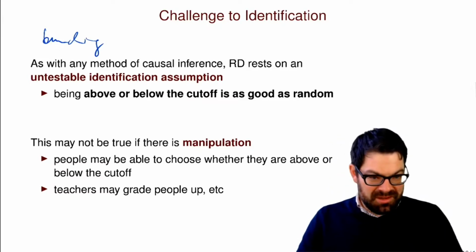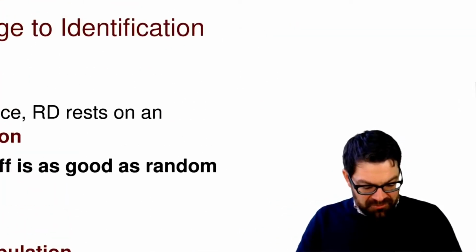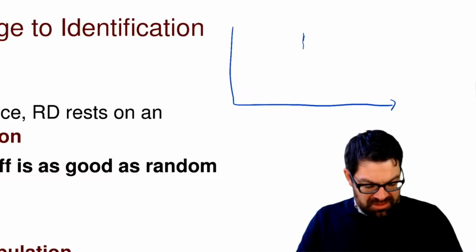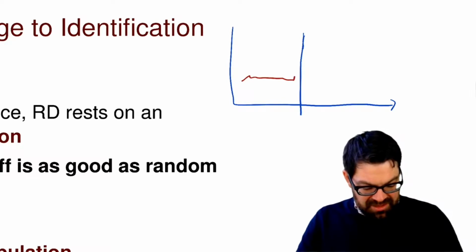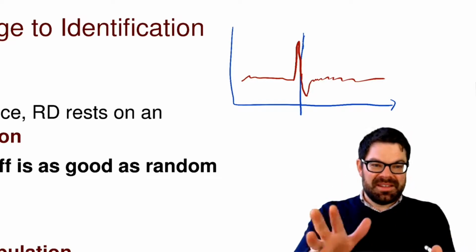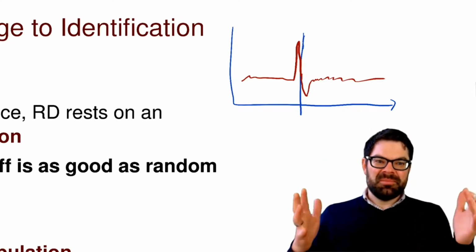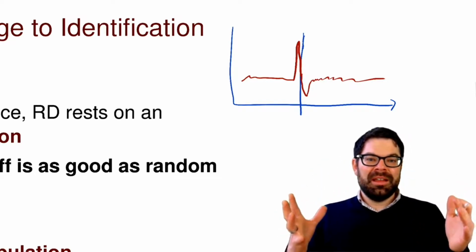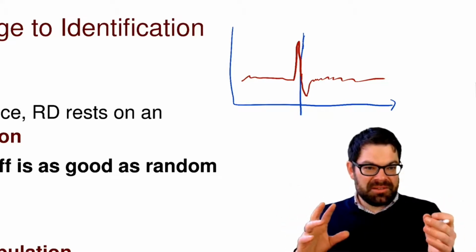So if you have a threshold here, and you plot out not the outcome, but let's say the density of observations at the threshold, and you see something like a massive spike just below that threshold, and maybe then a trough here, and then it goes back to normal. If that's the density, then there's clearly some manipulation going on, and then it's better to